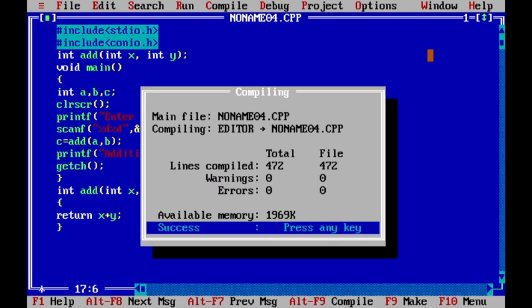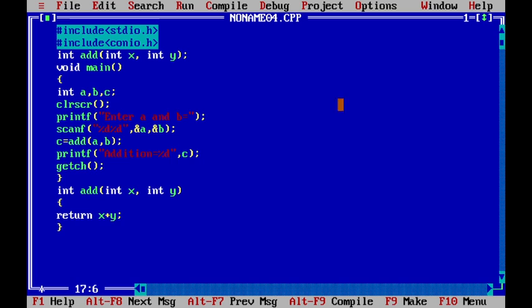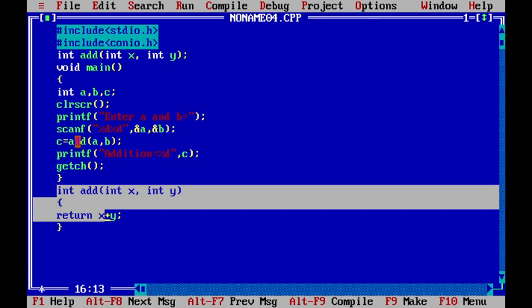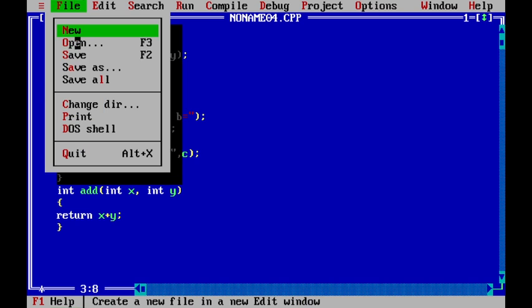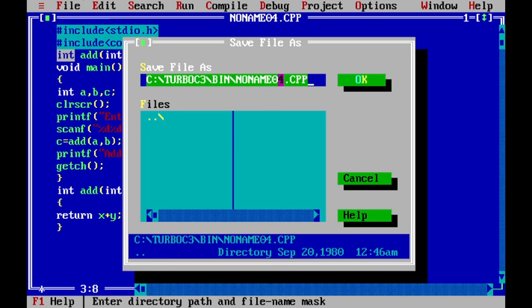Now if you compile, zero errors. If you run this and enter, say, 4 and 6, the addition is 10. So in this program we pass an argument from the main function and return the addition from the user defined function, assign this value to c, and print c in the main function. So this is the type with return values with argument. If we save this as f4 here.